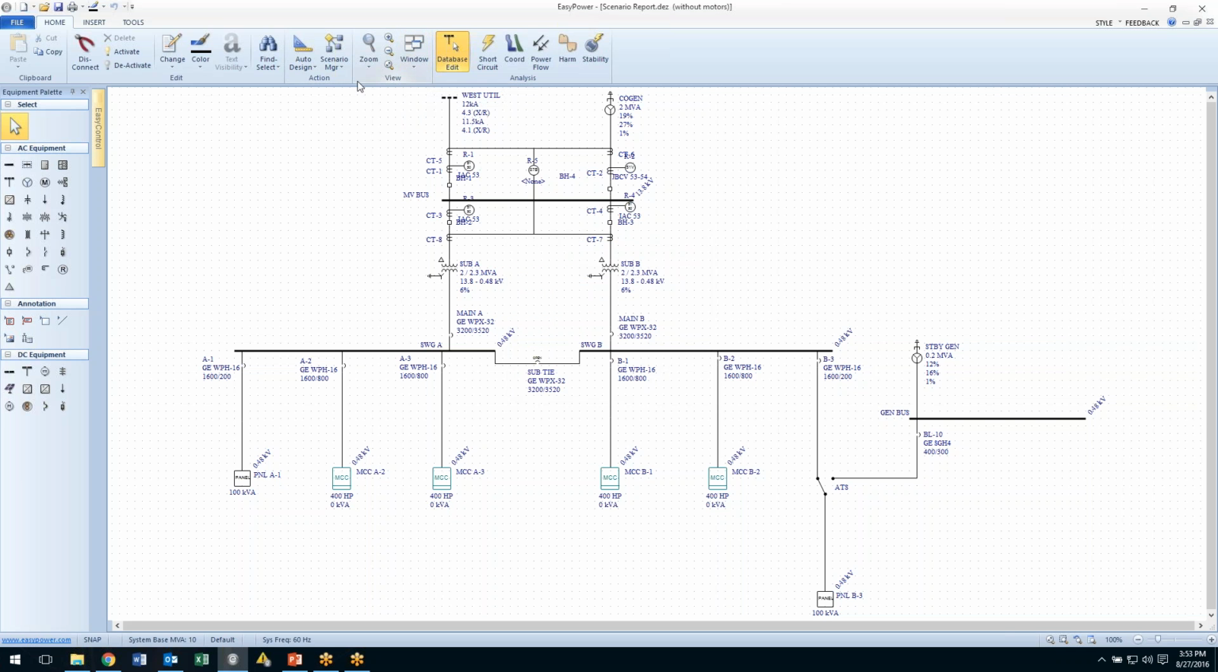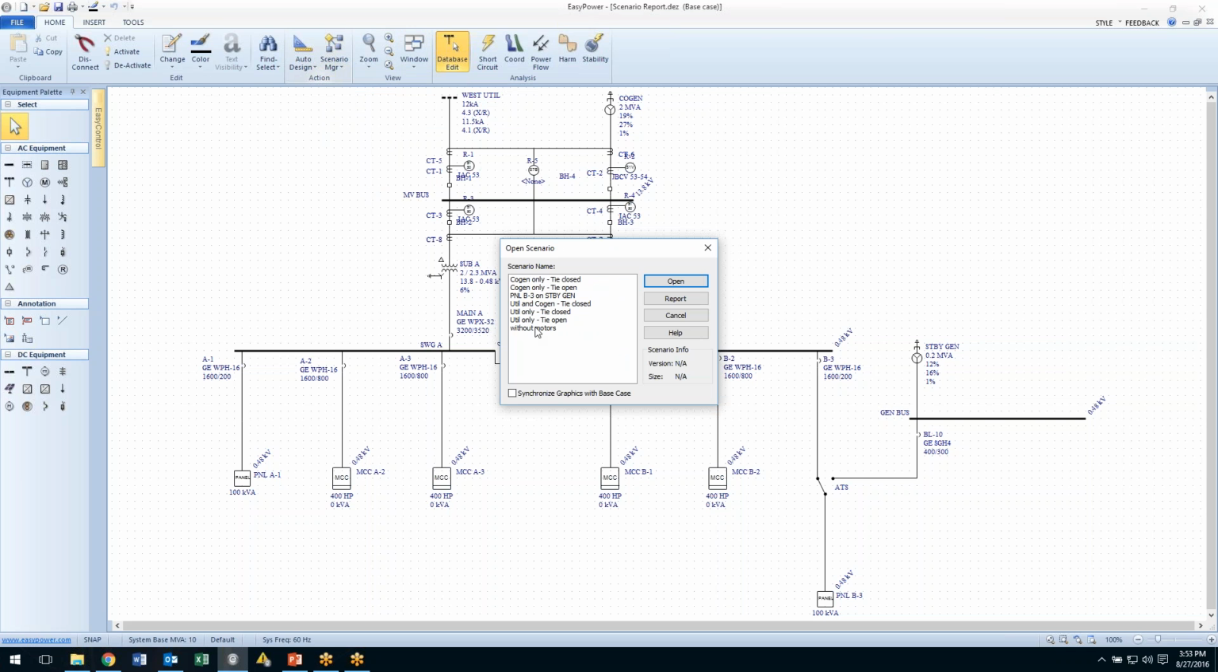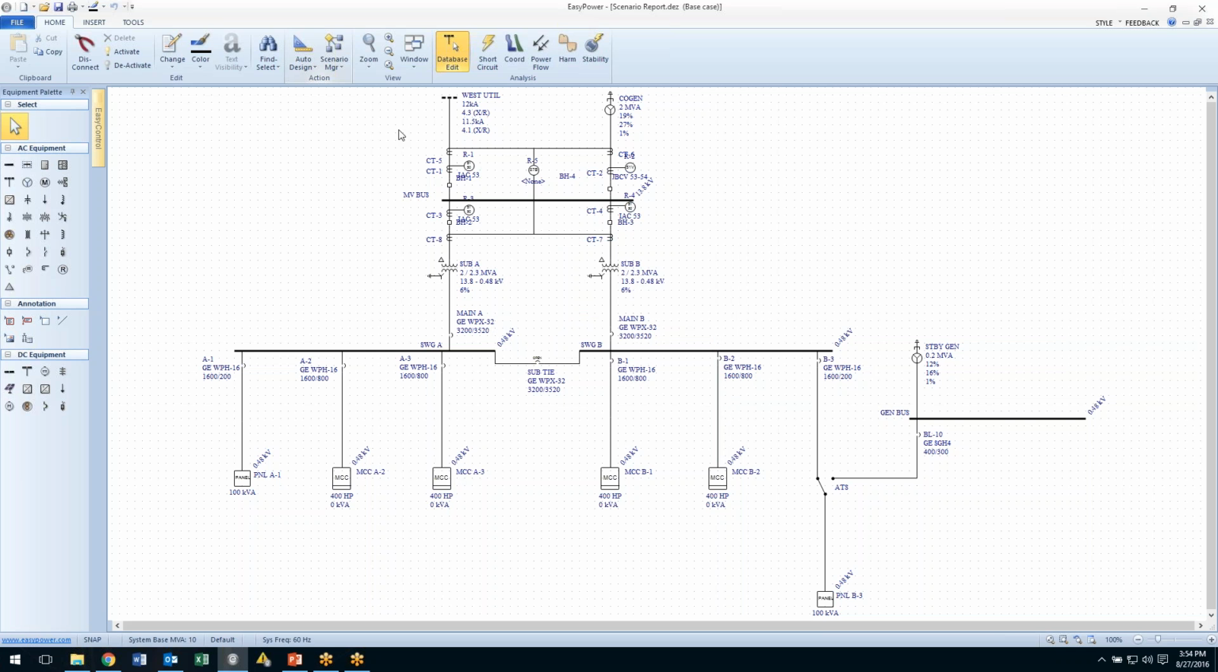Now as I go back to my base case and I look at my scenarios, now I've got my without motors as part of the list. All right, so now what I want to do is calculate my incident energy comparing all of these different scenarios. To do that, I go into my scenario manager pull down, create scenario comparison report,